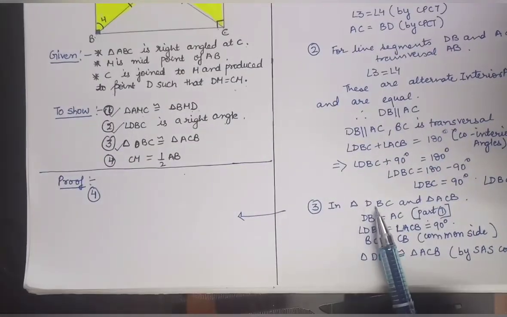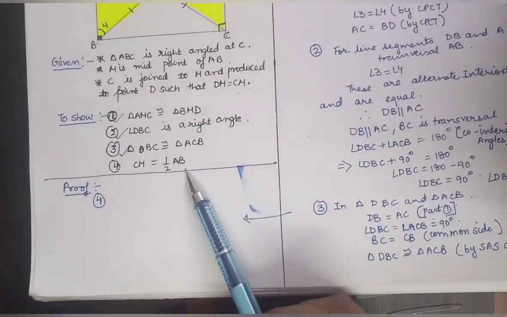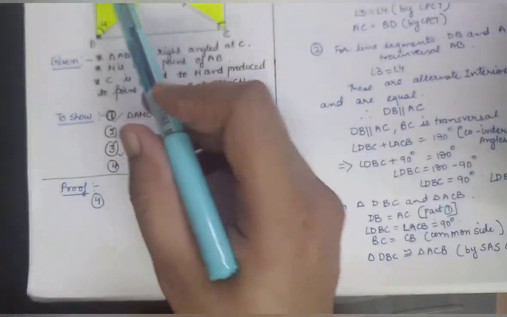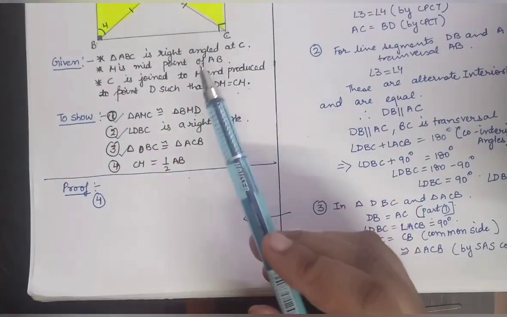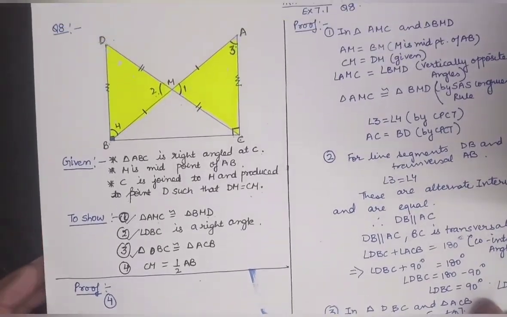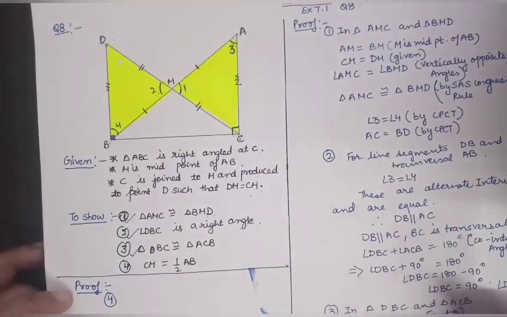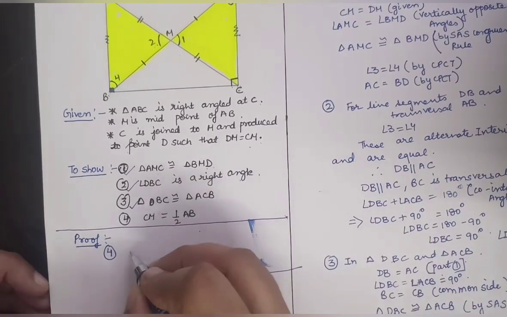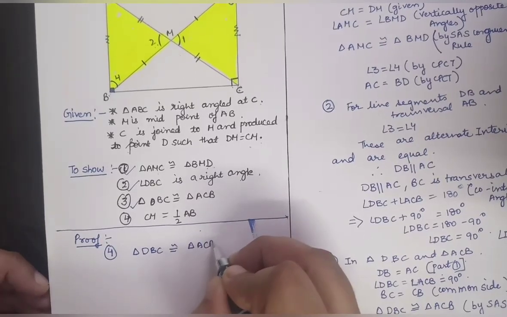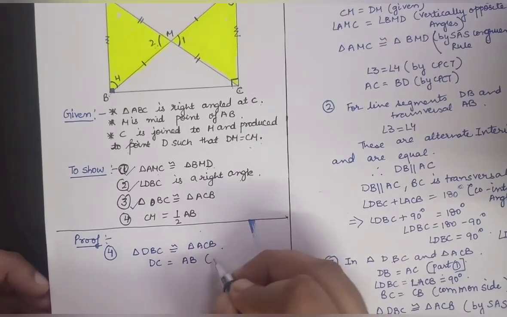So let us actually see, when two triangles DBC and ACB are congruent, what do we actually have for side AB? We can say side AB is equal to side CD, or AB is equal to DC, because they are the corresponding parts of congruent triangles. I will show it to you that these two triangles, when they are congruent, we can say AB is equal to DC by CPCT. So from here I will say that since triangle DBC is congruent to triangle ACB, we have that DC is equal to AB by CPCT.